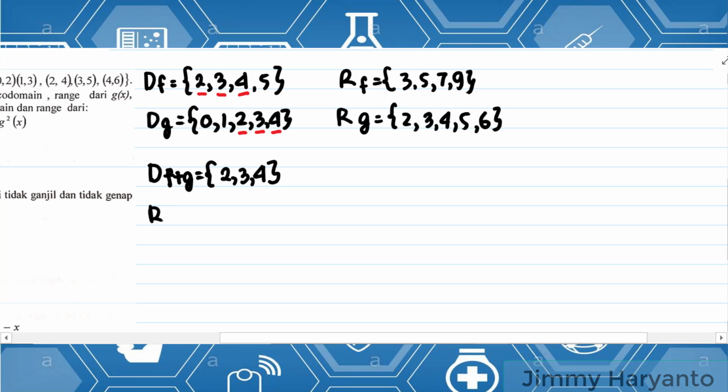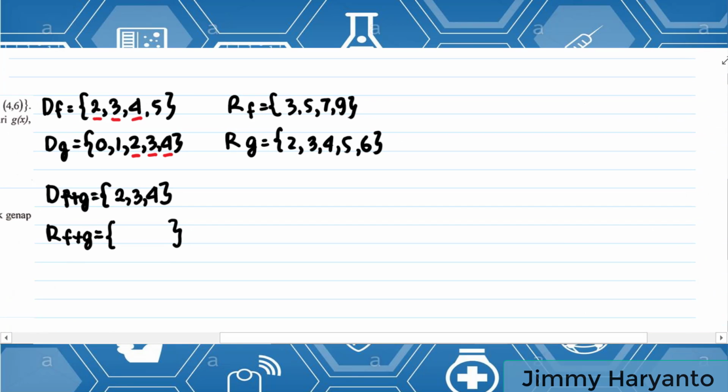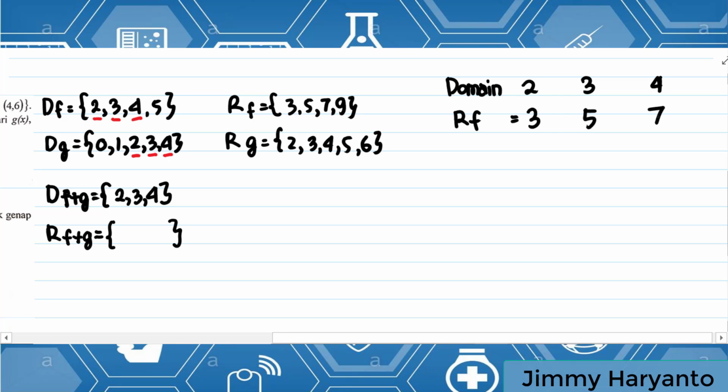And the range of f plus g, because the range is the result, and the operation is f plus g, so you have to add the results. What is the result? We have the domain for f plus g as 2, 3, and 4. And then the range of f for 2 is 3, for 3 is 5, and for 4 is 7. How do you know that? Take a look at the